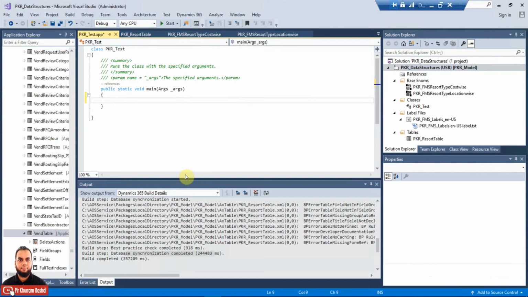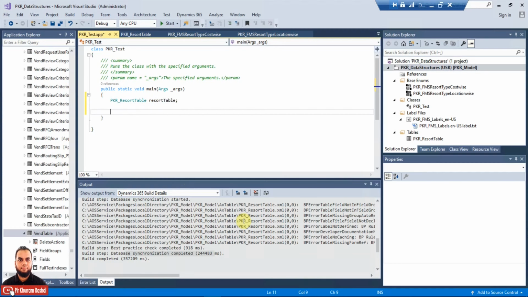So first of all we need to declare a table buffer of the same type which we have created, that is pkr resort table, and just give it a name of resort table.